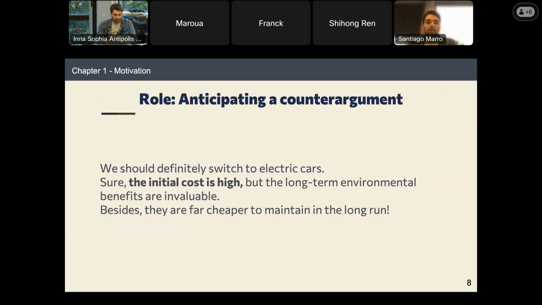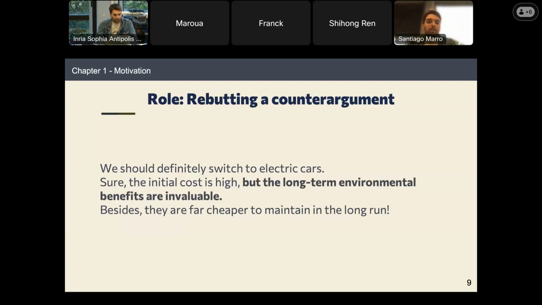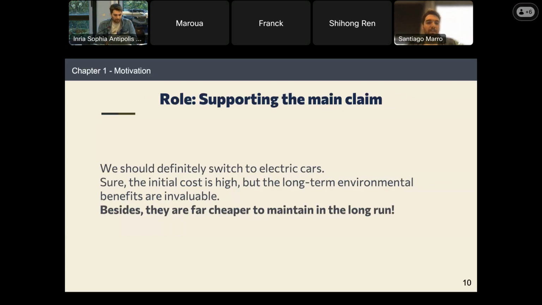It's very typical in argumentation that one anticipates an attack that it's going to receive, and then rebuts it. So there is another role, called rebutting the counter-argument. As we can see here, it is saying that, okay, it's high, but the long-term environmental benefits are invaluable. Finally, there is another role, which is to support the main claim, like saying here that besides, they're far cheaper to maintain in the long run.